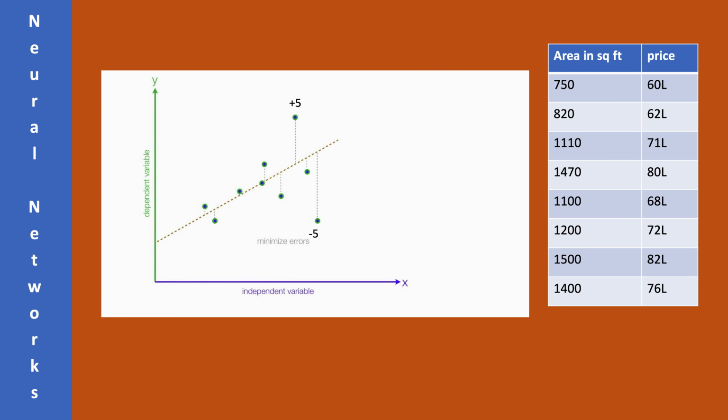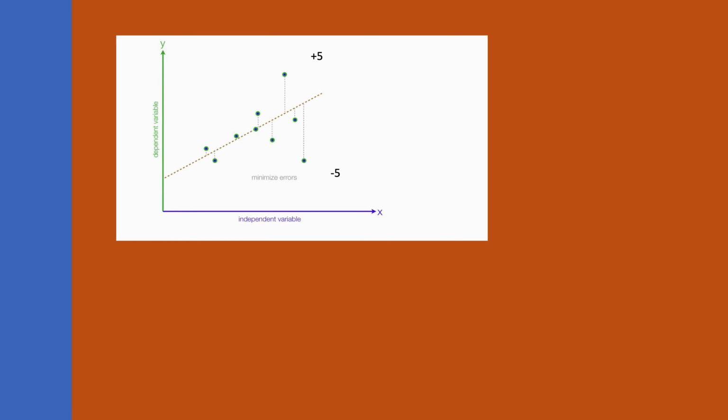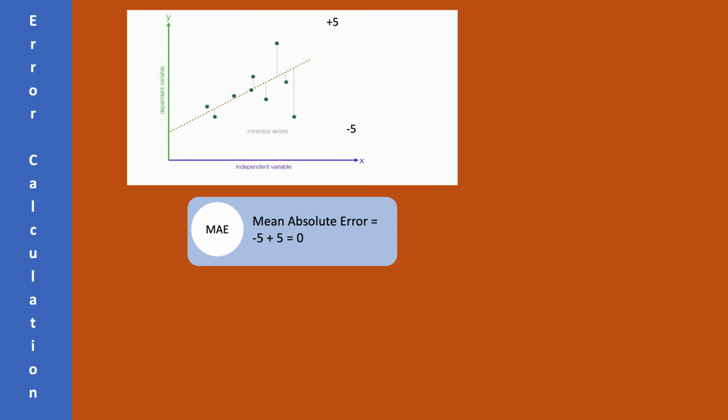Linear regression adds up the squared errors, takes the average, and that is the MSE or mean squared error of your line. Mean absolute error, in this case where you have an error of plus 5 and minus 5, will say, okay, first let's add up the errors. So plus 5 minus 5 equals 0. So what is the mean of 0 over so many data points? I think there are 9 data points, so it's 0. Your error is 0. But our model has made an error, 5 on the upper side and 5 on the lower side.